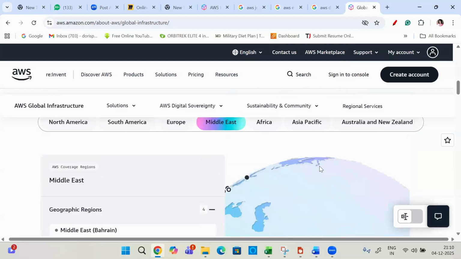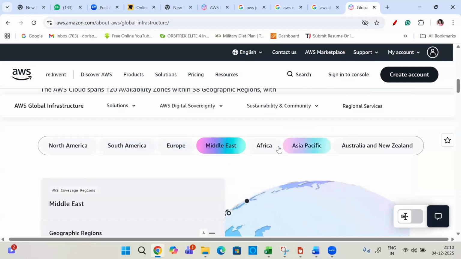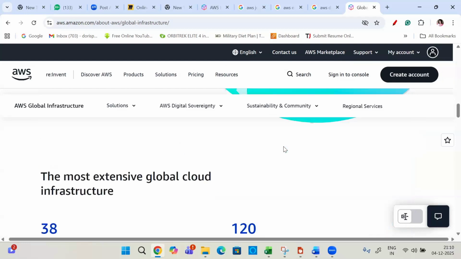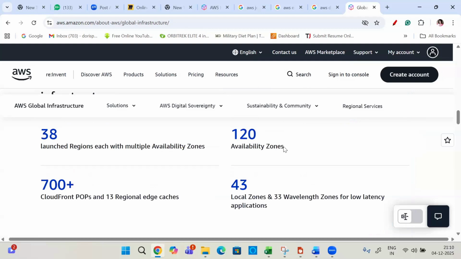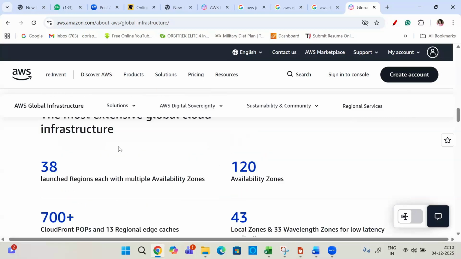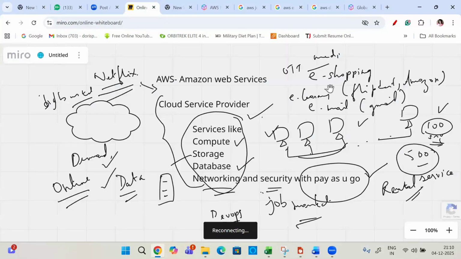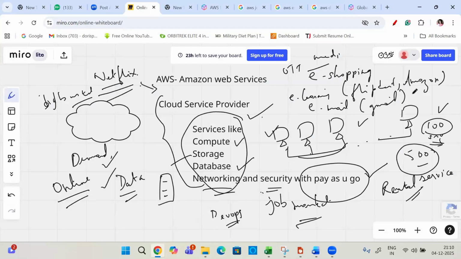So like that, you can see it's a global infrastructure across the world. And how many data centers are available? 38 regions, spread across the world. You have to know why there is so much demand: because of the flexibility, because of the infrastructure. If you want to start a company, for example flipkart.com or amazon.com, or your own company, like abc.com, you want to set up a website.